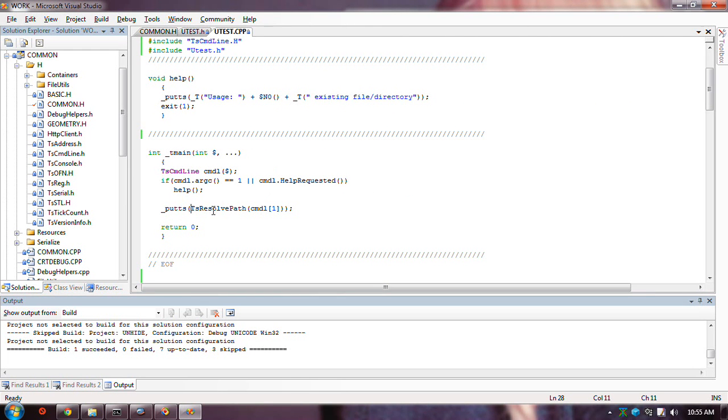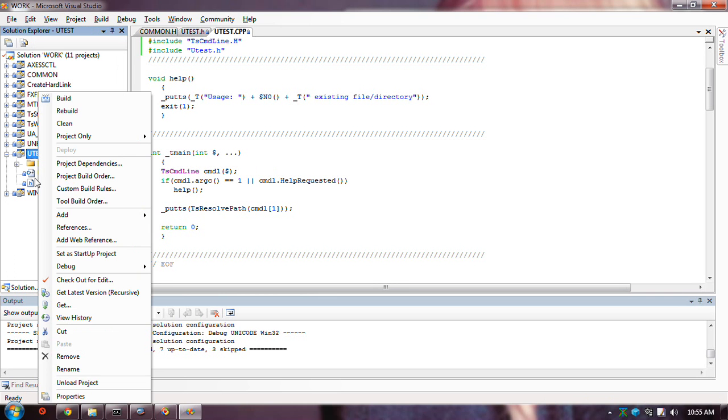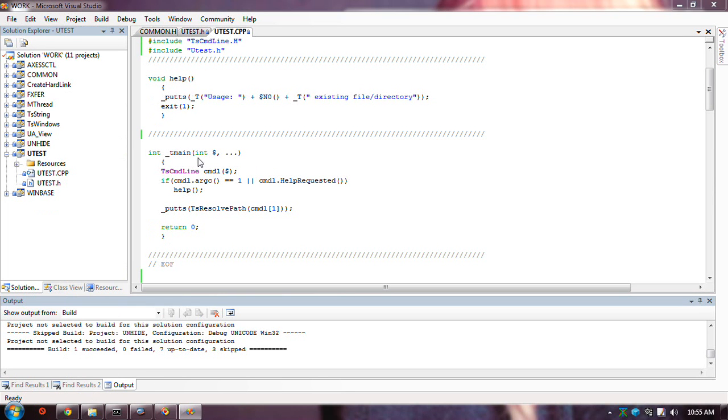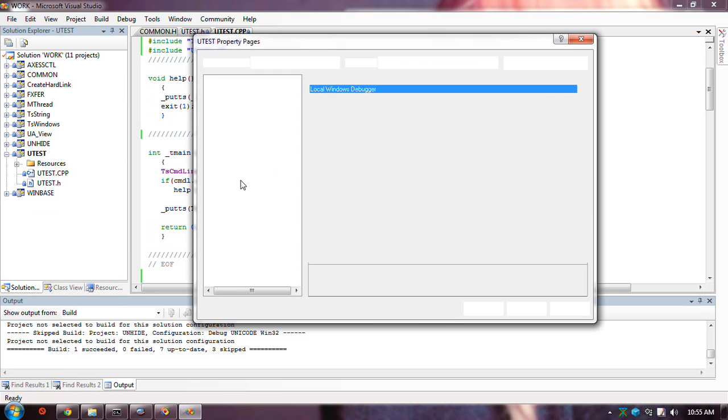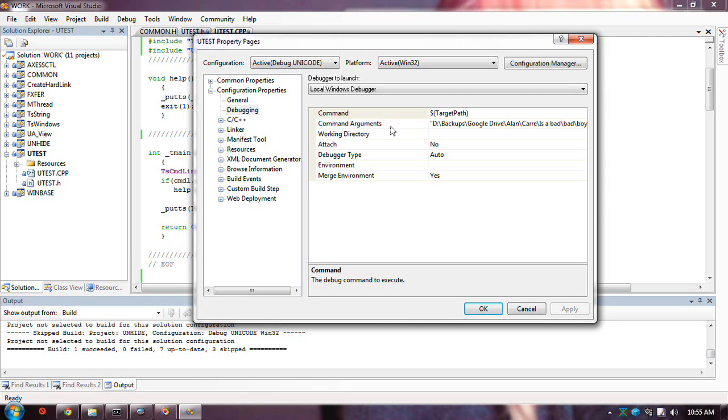Alright, now here is the way that I expect the function to work. This program takes an argument passed in, and I've passed in this path name. I haven't tested all scenarios. Within this path, as you saw last time, there is a reparse point. It's also true that this path doesn't exist. Alan is a bad boy.